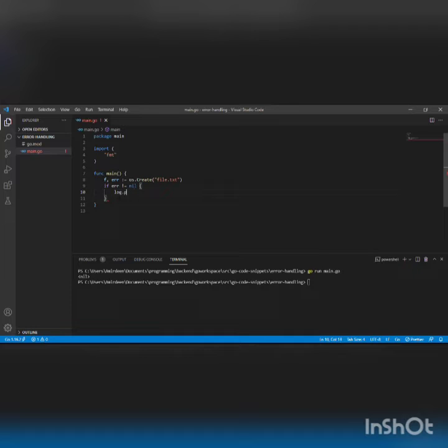log.Println error creating file. Then I'll return. Then from here I have to defer the close. Then moving on, I'll just do something with f. So if I run this code,